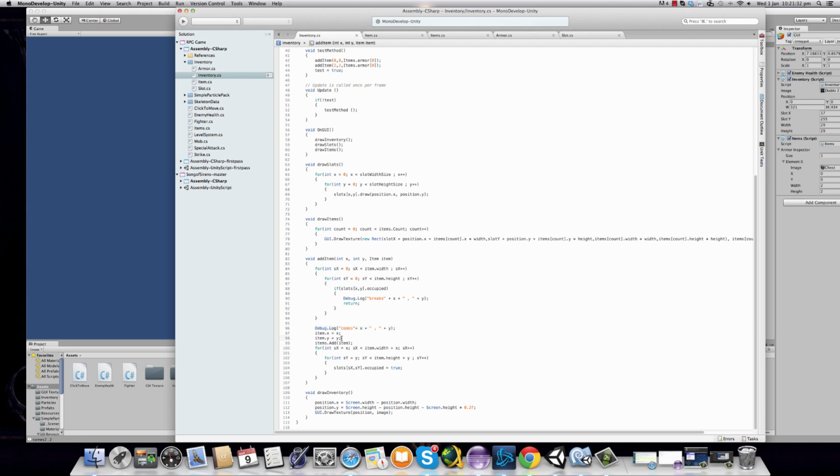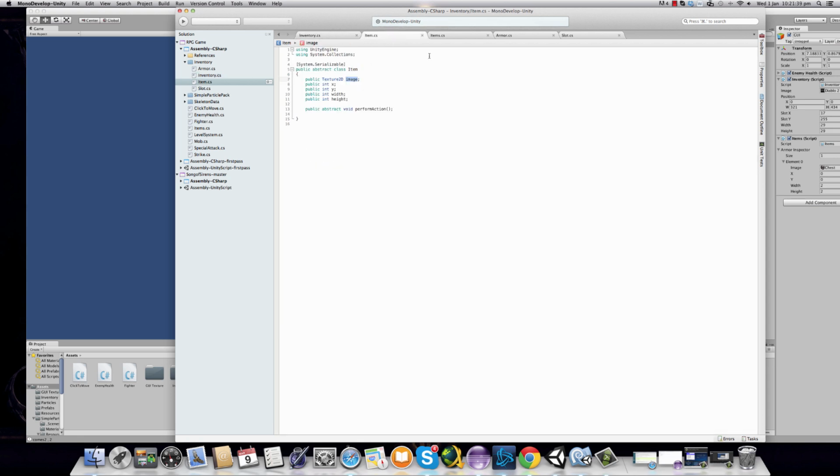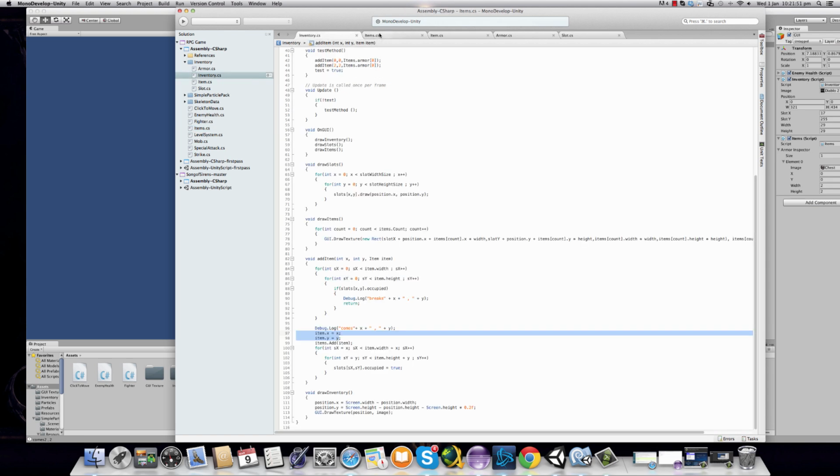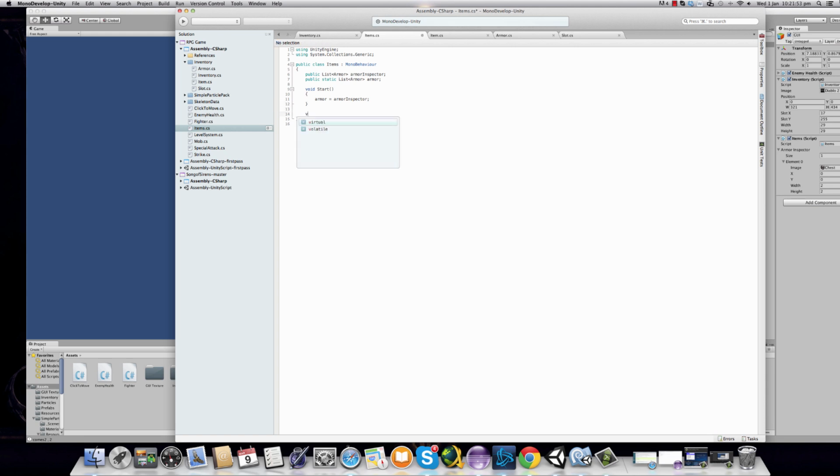But now the problem is if we set our x and y of one item, it's going to change it in every other item, because this over here is a static variable, and that's what it means. Static means that if you change it in one place, it's going to change everywhere. If you have not understood what this means, it's no worries. I'm just going to give you the solution and you're going to understand. So what you're going to say is public static armor getArmor